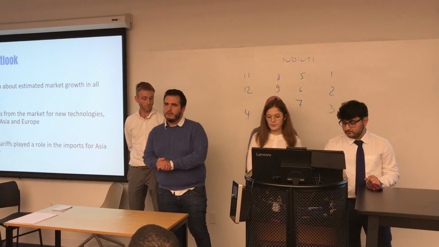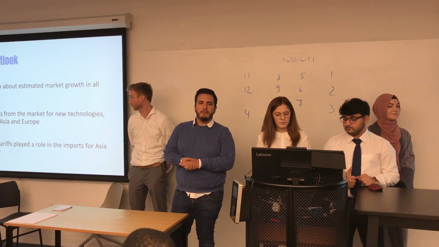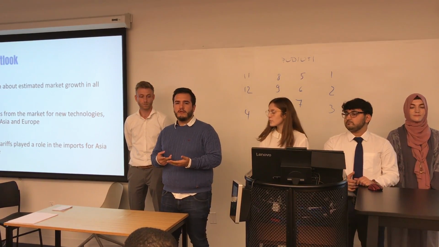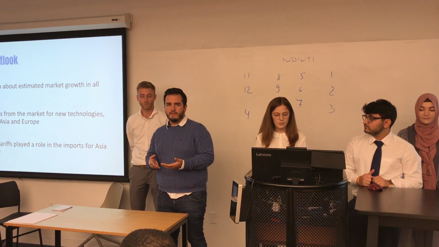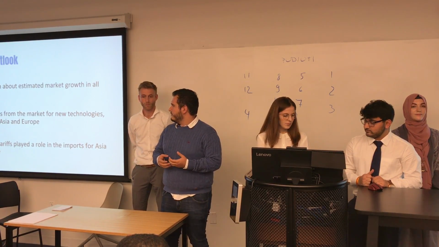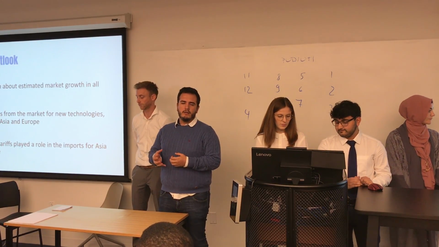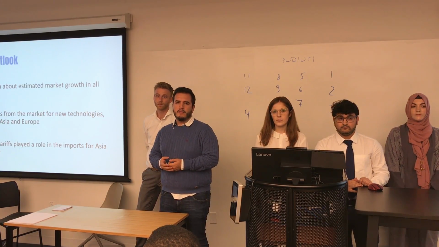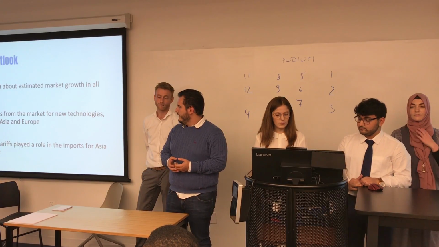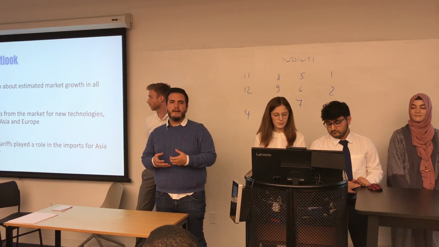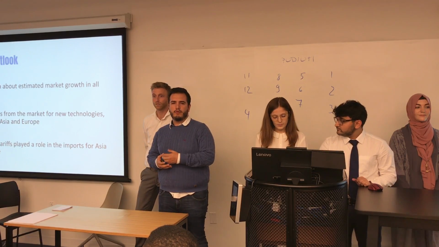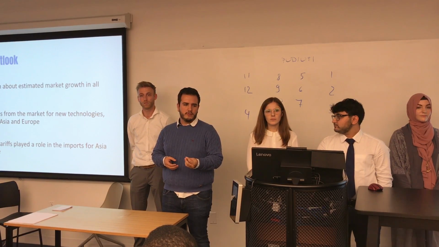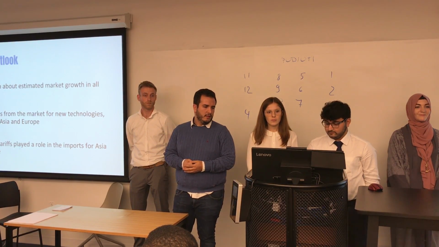So for the market outlook, you all read this part. We considered the 3 main topics that were of importance in the market. First of all, the growth rates for the US, Asia, and Europe. Second, we also looked at the expectations for the market for new technologies. We read that Asia and Europe were going to have the highest expectations for Tech 2 in this coming year, so we took that into account very importantly. And lastly, the taxes and tariffs that apply when transferring products from one place to another. For example, the US has a lot of tariffs to pay when it comes to China, and Europe is a very expensive place to be in the market.